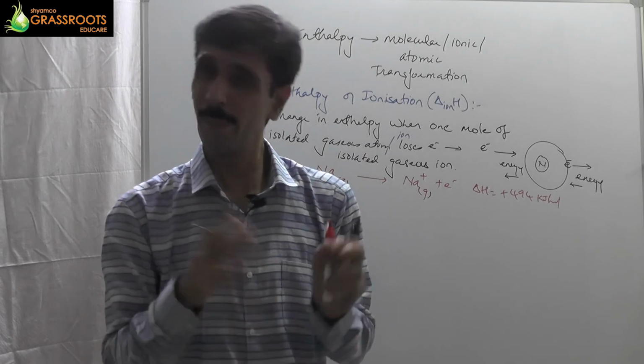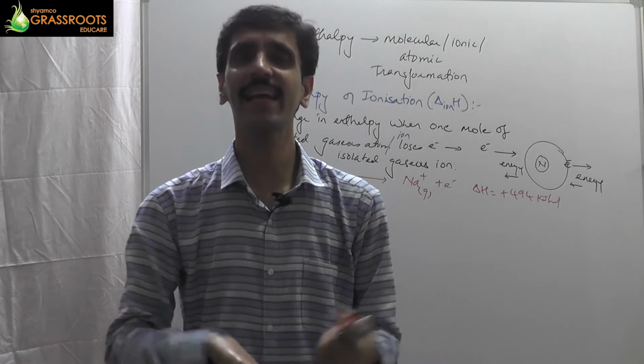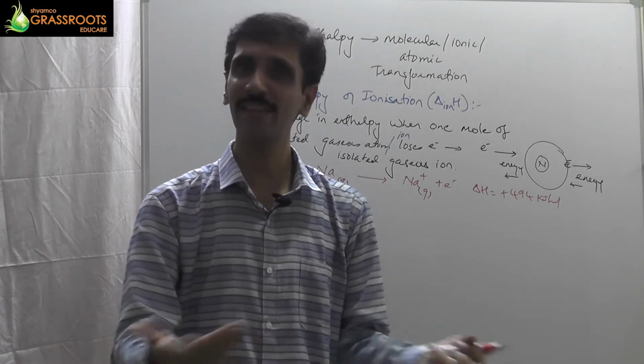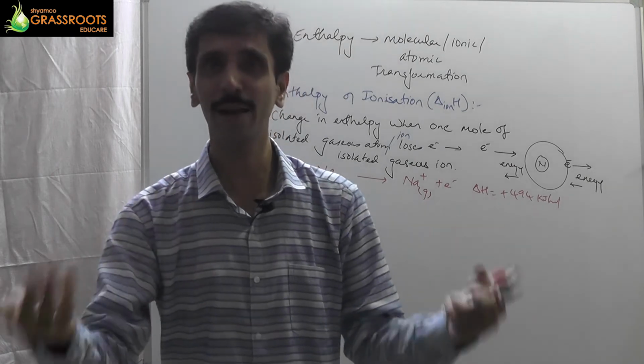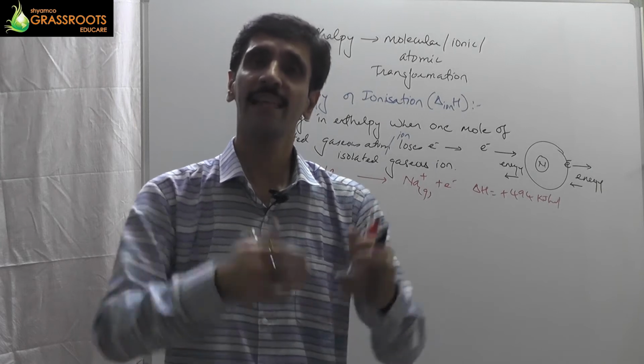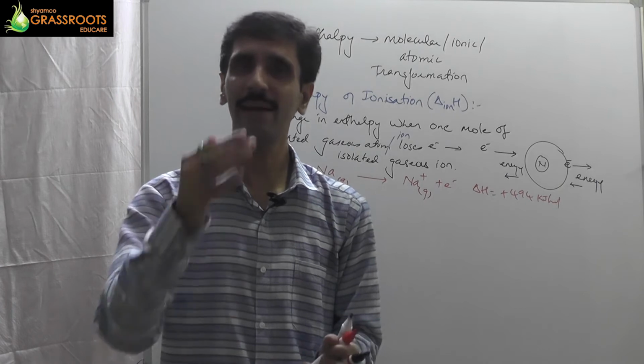+2, +3, +4 चार्ज होता ही नहीं है? होता है, जरूर होता है। ओके, कैल्शियम, मैग्नीशियम, स्ट्रोंशियम की बात करें तो +2 होता है चार्ज, एल्यूमिनियम की बात करें तो +3 होता है, लेड और टिन की बात करें तो +4 होता है। ऑलराइट, सो फिर क्या होगा इस सिचुएशन में? दैट मींस दे हैव अ टेंडेंसी टू लूज मोर देन 1 इलेक्ट्रॉन।